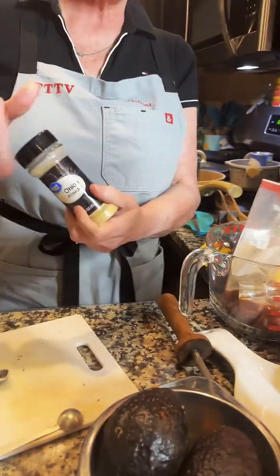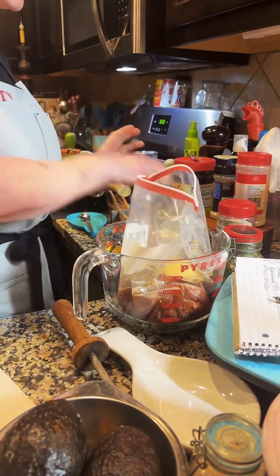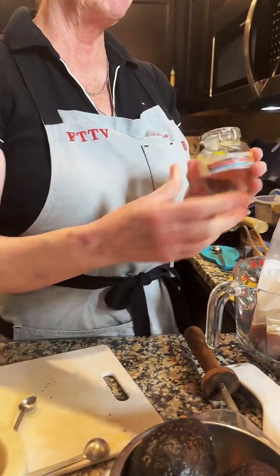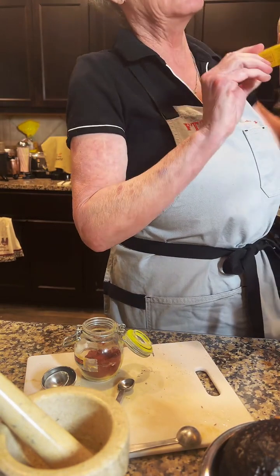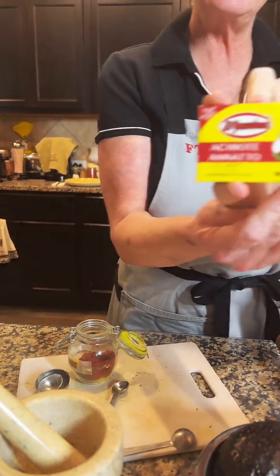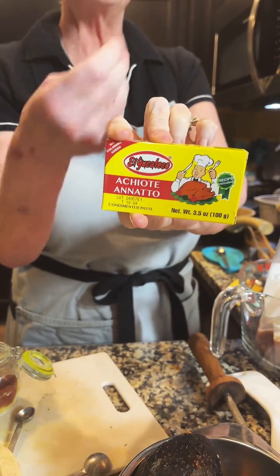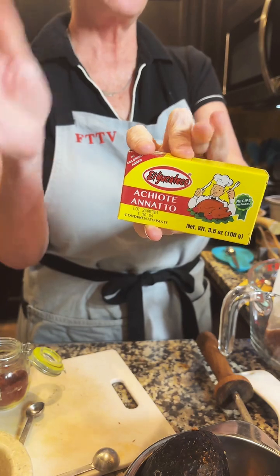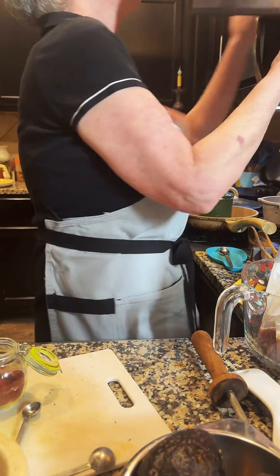All right, so that was half a teaspoon also of onion powder. And now, here's the piece de resistance to me. So this is annatto seed. Okay, a lot of you may know it. Some of you followed me and asked me about my recipe. I did a Belizean chicken, and it had achiote, which is also annatto, but this is a paste that they put spices with, and then what you do is you break it down with vinegar or a citrus juice. Well, that's not the application we're gonna do tonight, okay? So what we're gonna do...